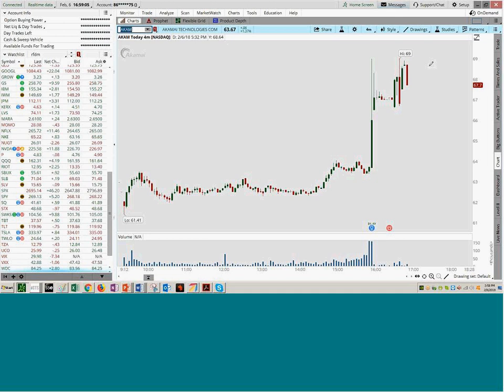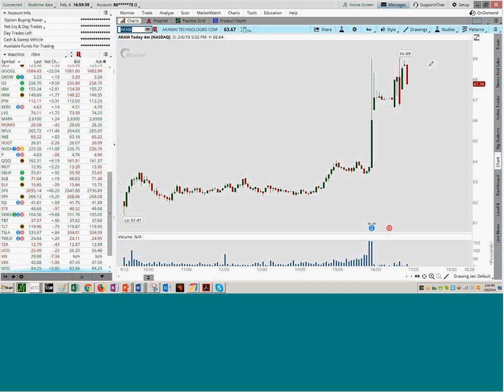Remember, the firms with the electronic markets are going to go over margin, so you change all of a sudden from a position that's covered to a position that is now uncovered. If you're going to be short the stock, you're going to have a long call for that stock. If you're going to be long the stock, you're going to need a long put to cover that stock. So again, the way the computer systems work now, they're not giving you anything, so you have to make sure that you understand